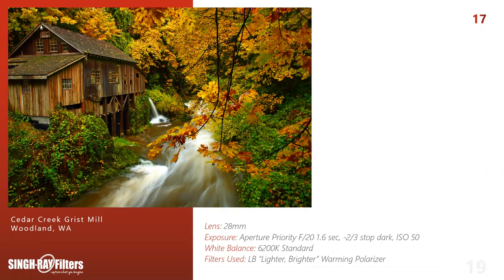2/3 of a stop dark, and I've got that light bright warming polarizer on, and the white balance a little higher in this. These yellows weren't popping as much. I was able to bring up the white balance. And I'll just say, with fall color, you're noticing my white balance is in the same ballpark between 5,200 and 6,200, 6,500K. That's because I'm mostly shooting on an overcast day in most of these images. But if I was shooting in the shade, you would see that white balance shoot up to 7,800K, 8,500K. I've hit 10,000K before. Shade light is very blue light, and you have to correct that using your white balance,